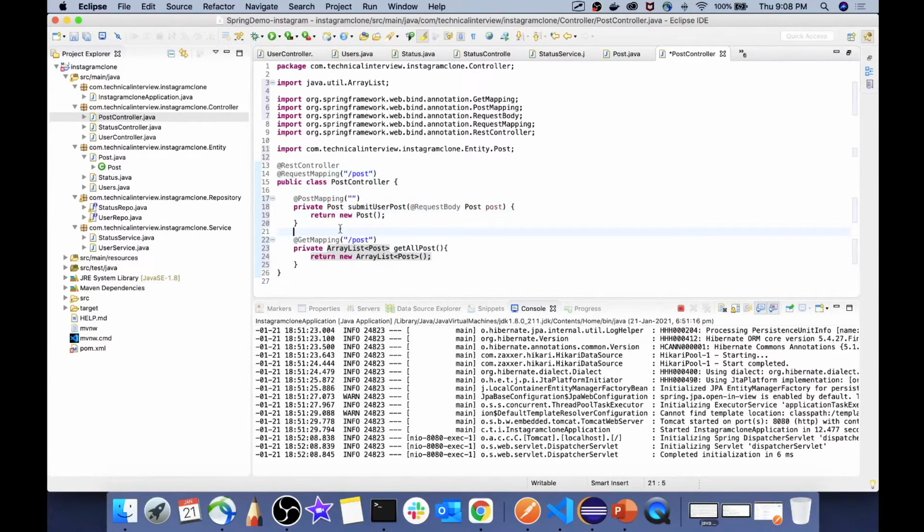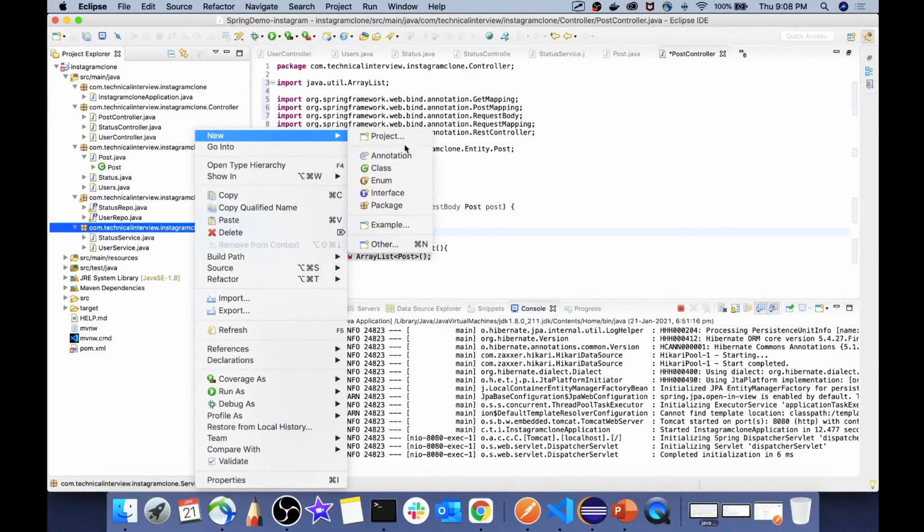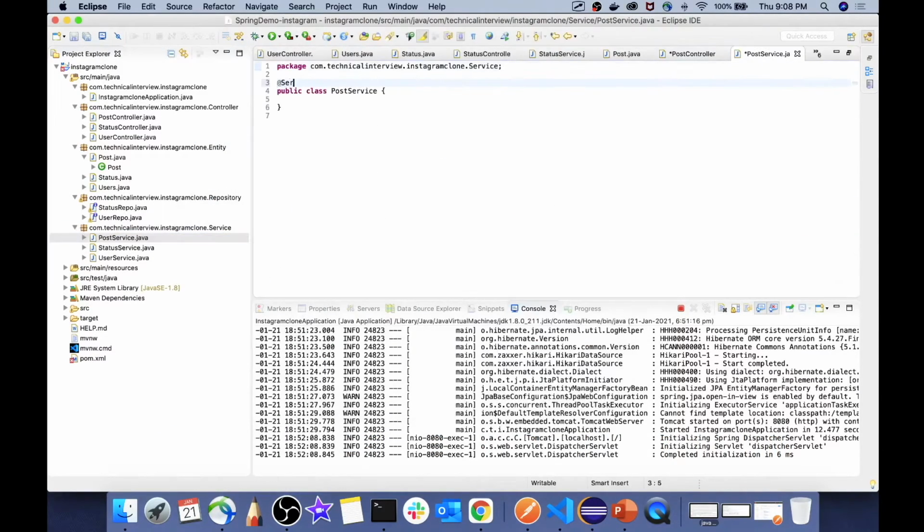So let's now define our service class, which will handle all the business logic for the post submission. So let's create a new class within the service package. Over here you can see I have created a class and I have annotated it with the Service annotation. Let's create the method for implementing the post and the get business logic.